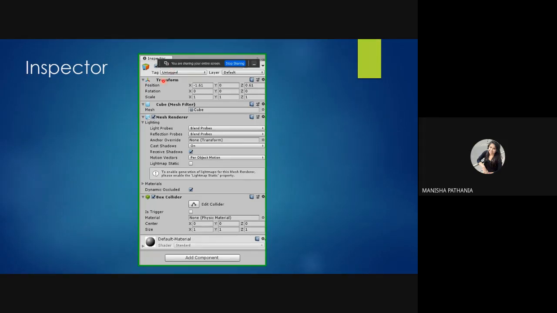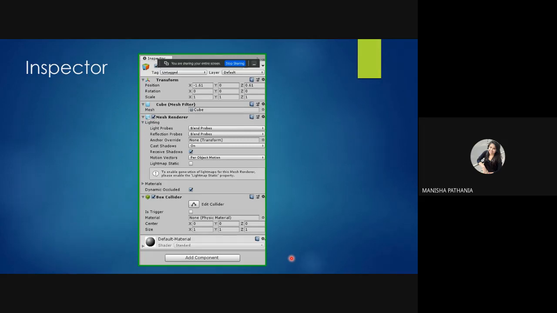Like here is Transform, where you can define the position, rotation, and scaling of the object as well, and you can also add multiple components such as Mesh Renderer and Box Collider. And here is an Add Component button where you can click and add any kind of component you need.